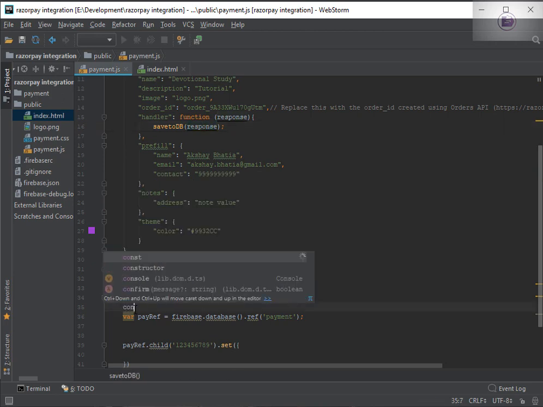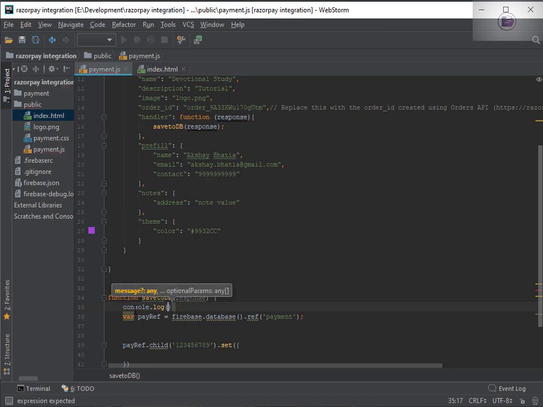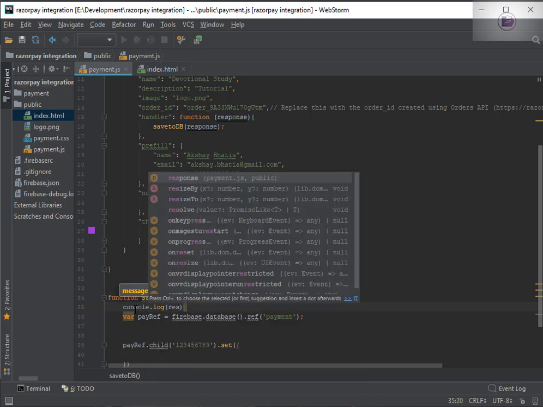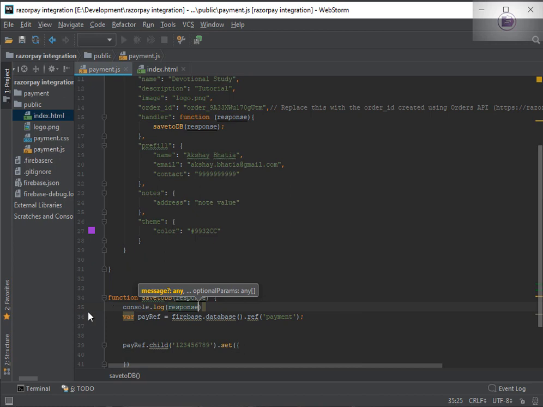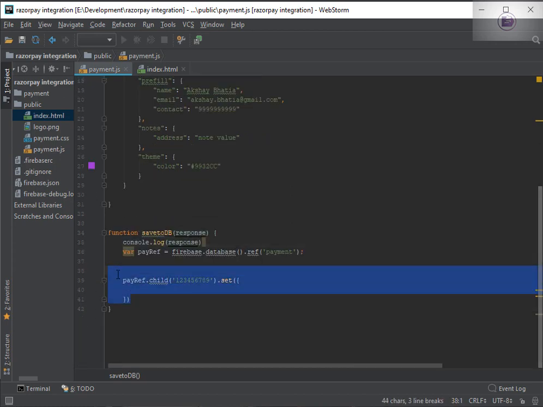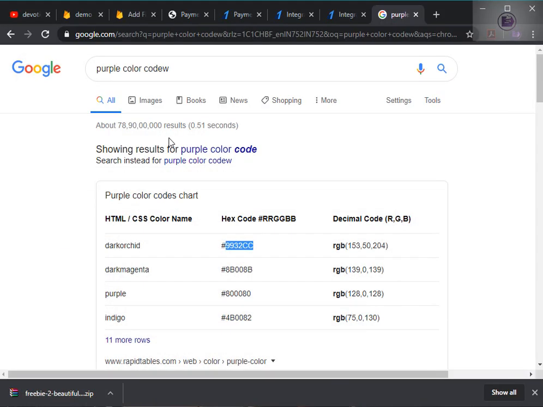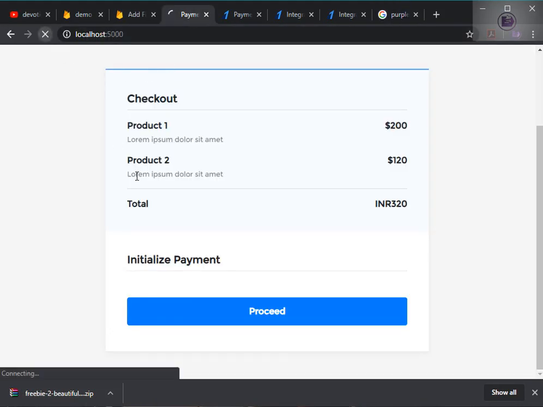What response do we get? Console.log, and we'll just console it out, the response. We'll comment this part out for now, and we have got the console. So let's check what we get. In the payment page, let's reload, and once we click on the proceed button, we're supposed to get